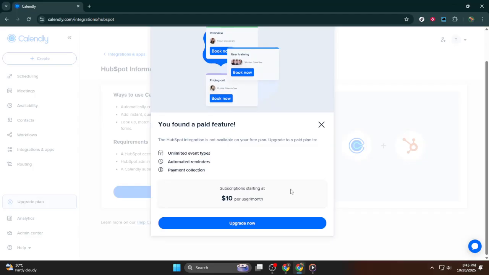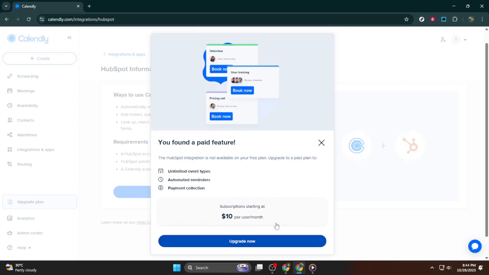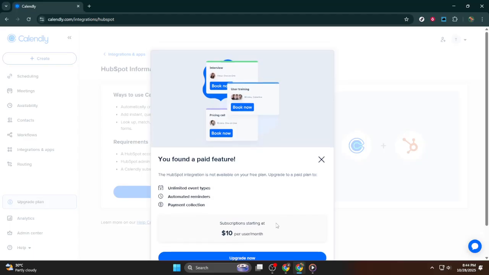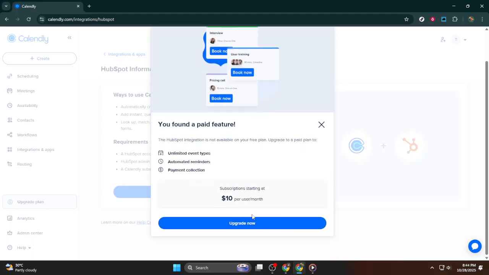Once you've decided to proceed with the upgrade, follow through with any additional prompts or confirmations that appear. This will complete the connection between Calendly and HubSpot. With this integration, any new meeting scheduled via Calendly will seamlessly sync directly into your HubSpot CRM, helping you maintain